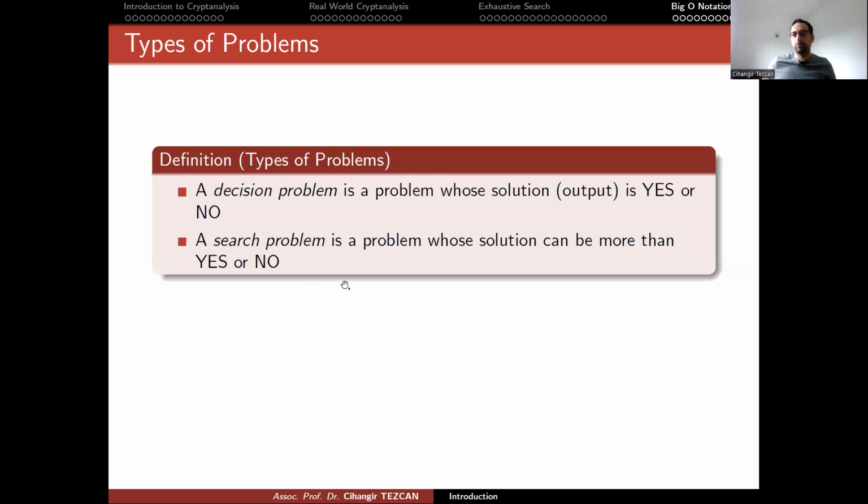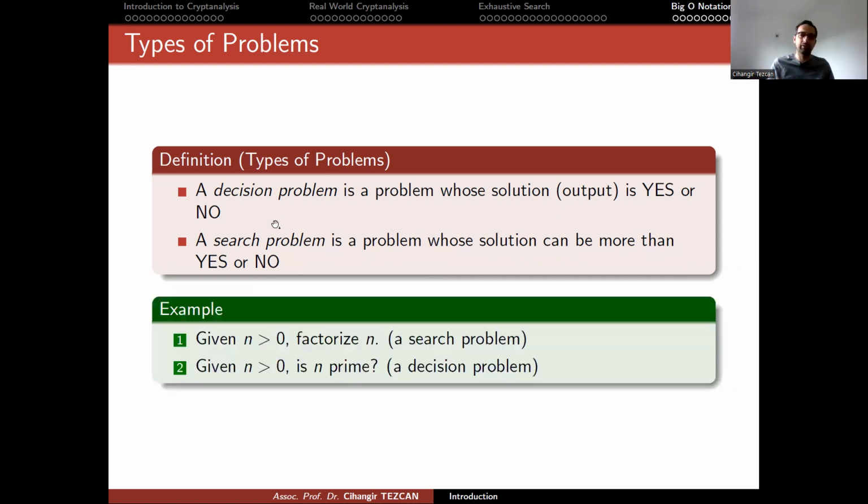But the search problem is more complex because in this case, the solution is more than yes or no. You also provide the solution. For instance, in the traveling salesman problem, instead of saying that yes, you can, you also show which path you can follow and solve the problem. So search problems are, as you can guess, harder than decision problems,